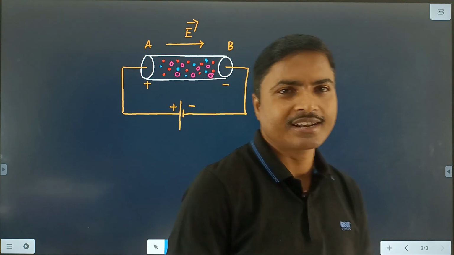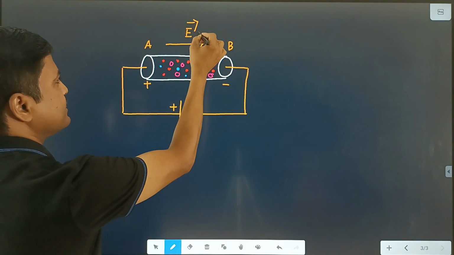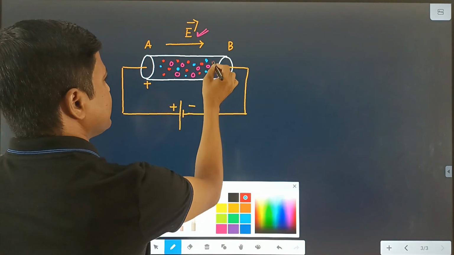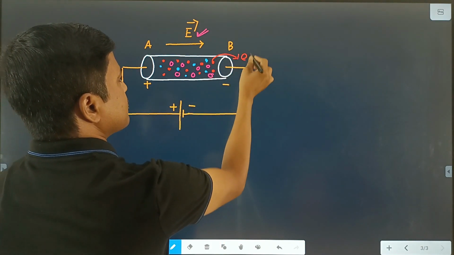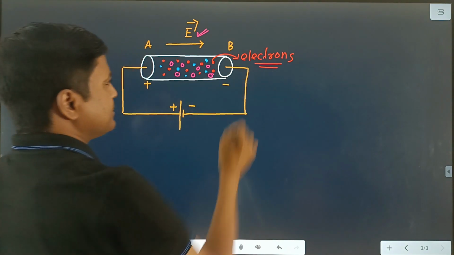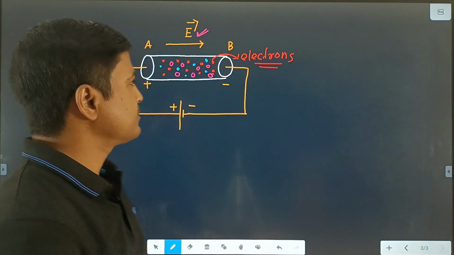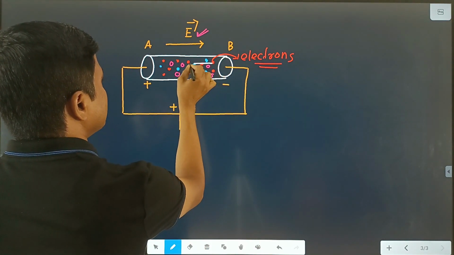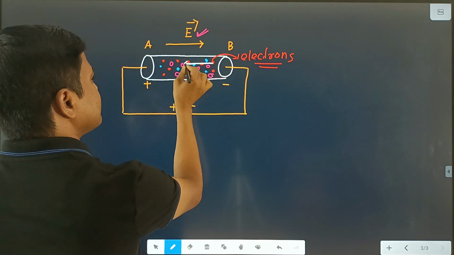In presence of the electric field, these electrons start to drift, or start to move towards the positive terminal of the battery,